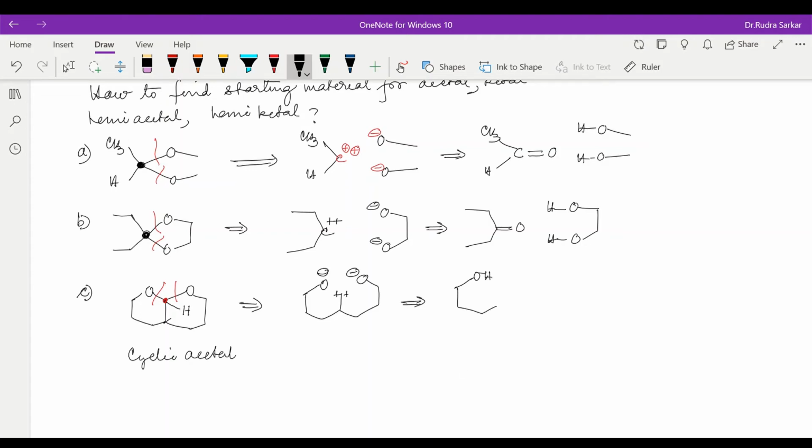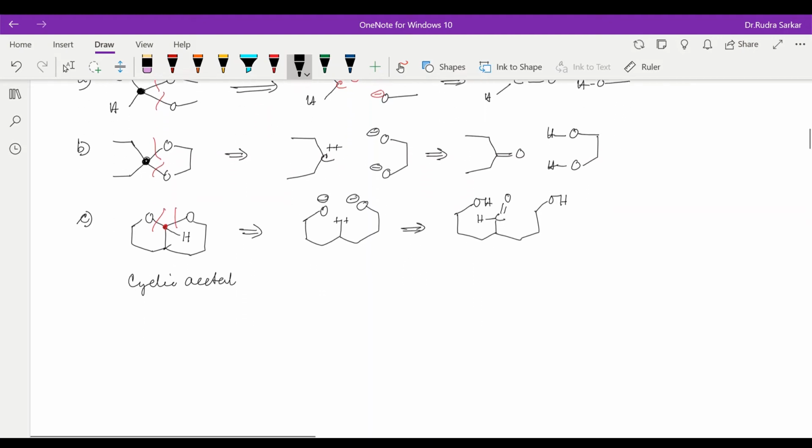You have C double bond O, there's one H, and here you have now one OH, something like this. This is your starting material. Okay,